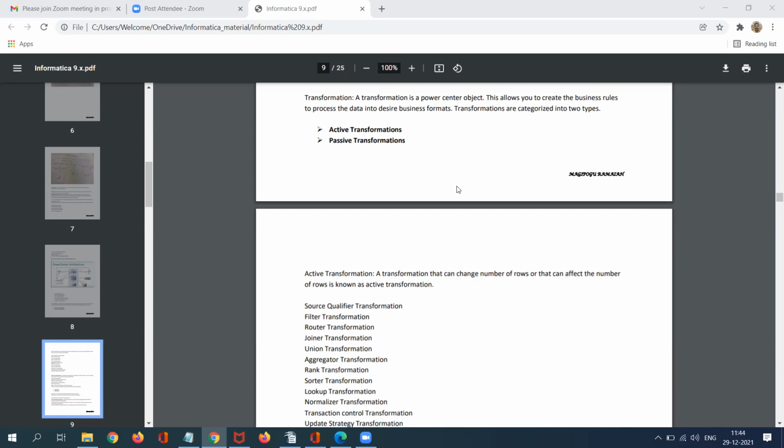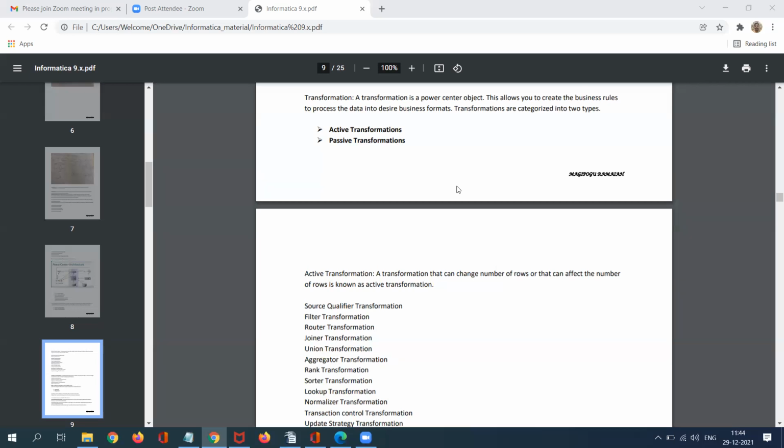But in transformations also, we have two types: active transformation and passive transformation. When we call a transformation active, it means it meets some conditions in Informatica PowerCenter. One is if the transformation changes your row position or row count, or changes the commit interval at session level.